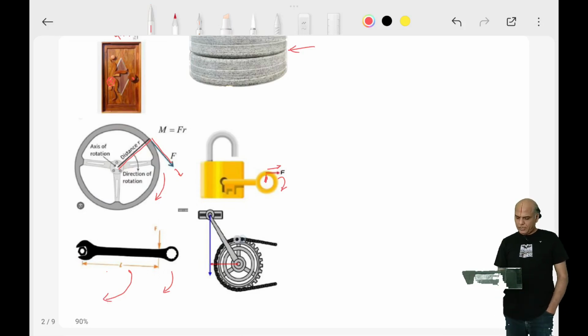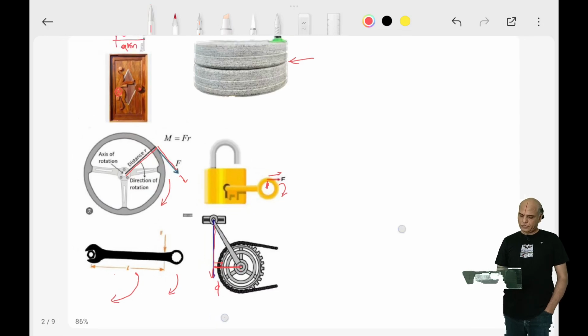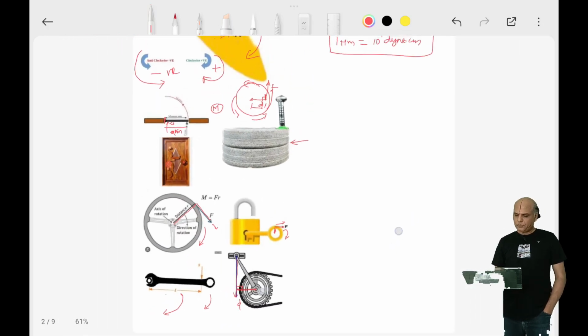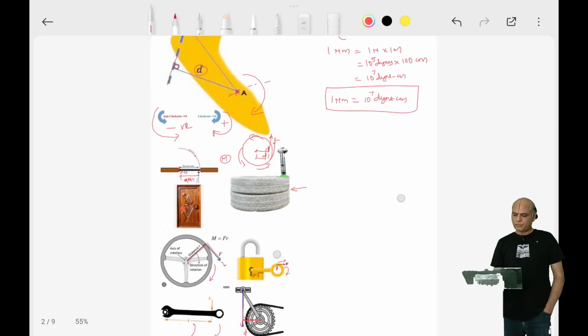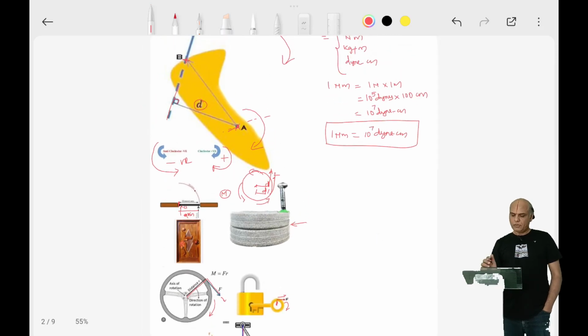So when a rider is riding a bicycle, through his foot he will apply force in this direction, which is at a perpendicular distance of d, this d shown here. So the moment is obtained by this force into this distance. Okay, so the moment of force